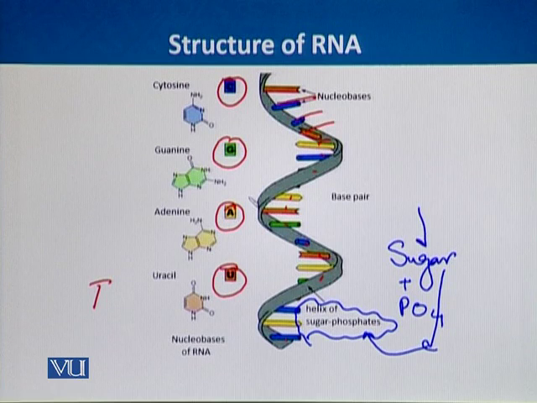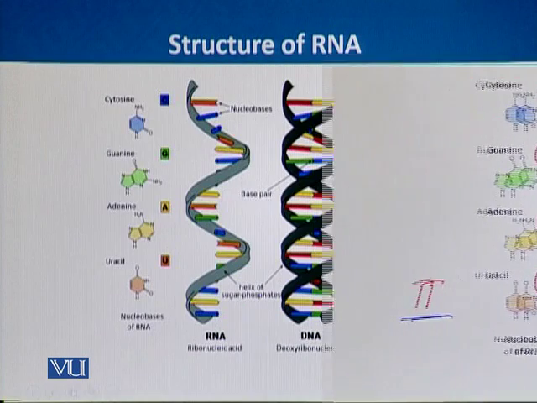The difference in RNA is that of sugar. Just like we have seen one difference of nucleotides, in RNA it is uracil, and in DNA it is thymine. The difference of sugar we will see later on, but the structure generally is single-stranded and composed of